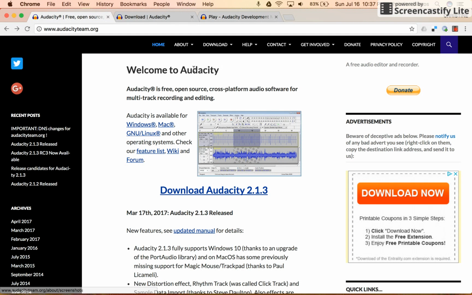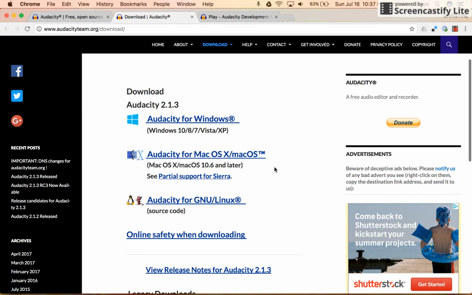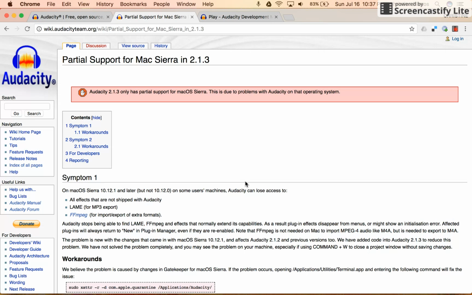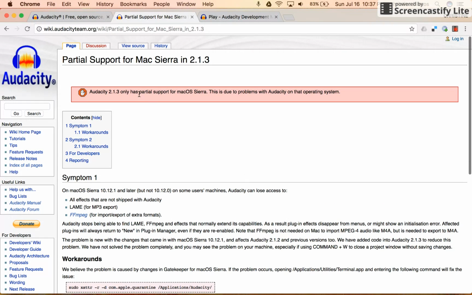So I clicked on the download, and it took me to the page where I could download it for my Mac. And unfortunately, I am a Sierra user, so I had to look at the instructions for what to do with the partial support that was going to be on my computer.